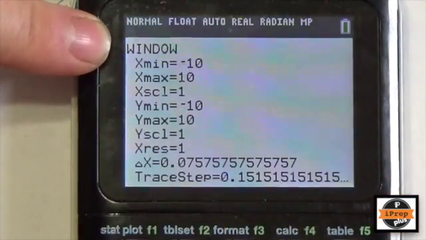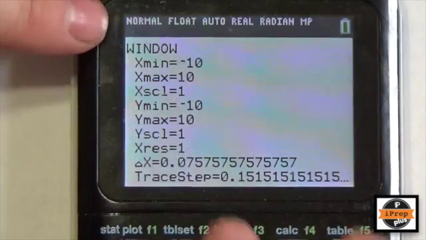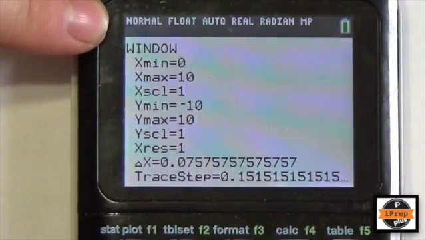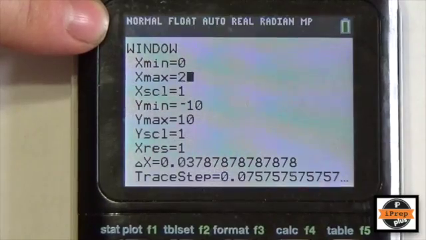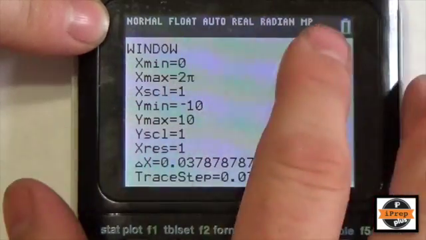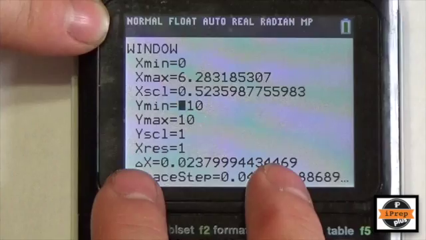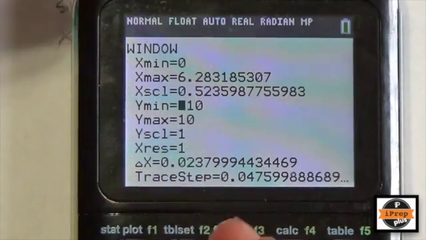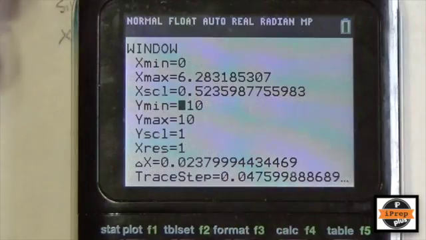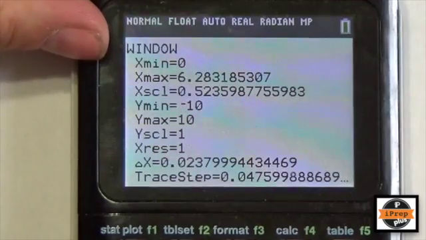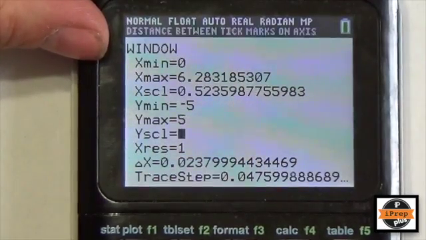Now what I'm going to do is adjust my window settings here. My minimum is going to be 0 and my maximum is going to be 2 pi. That's going to mirror what I've been told in the equation here. But I'm going to do myself a little bit of a favor. I want my scale to go up by pi divided by 6, because my answers look like they're going up in terms of multiples of pi over 6. My y min could probably stand to be just like -5 and then +5 for the maximum, just so I can see a little bit on either side here. And when I graph that,